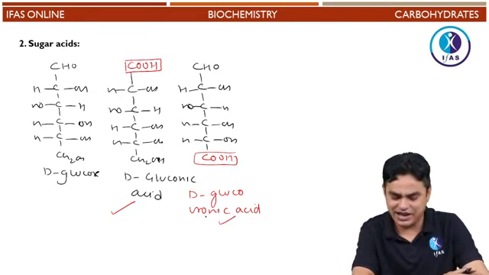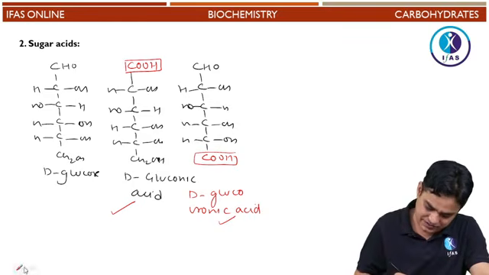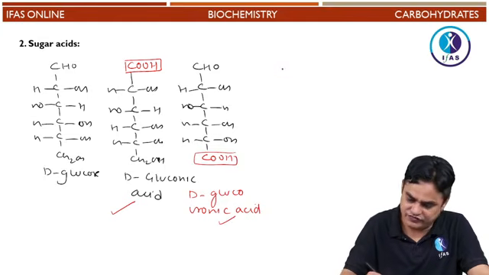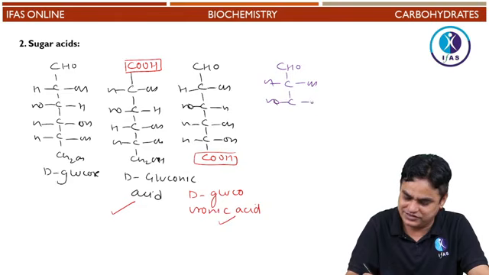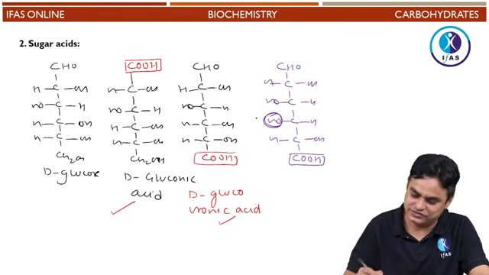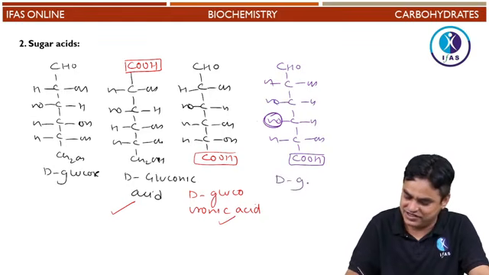Similarly, there could be a galacturonic acid. In galacturonic acid, what will happen? If it is like this, CHO, HCOH, and here you are having an HCOH, with this OH group on this side, it would be referred to as